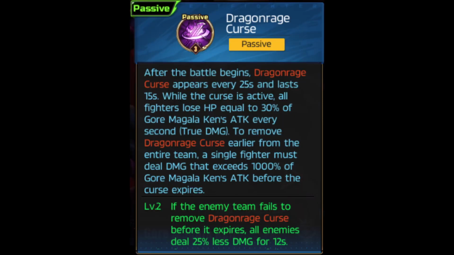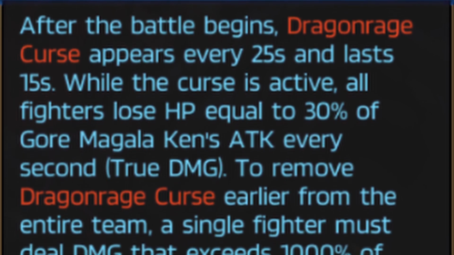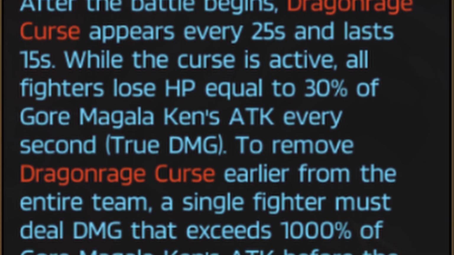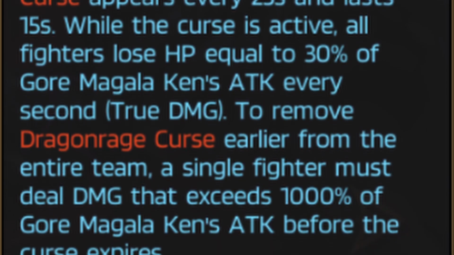Ken's passive is a double-edged sword. 25 seconds after the battle begins, both sides will receive Dragon Rage Curse, I'm going to call it Curse from now on, for 15 seconds. At base level, they'll take 30% of Ken's attack every second as true damage, meaning elemental advantage will not affect this damage. This effect can be removed from each team respectively if that player deals 1000% of Ken's attack before